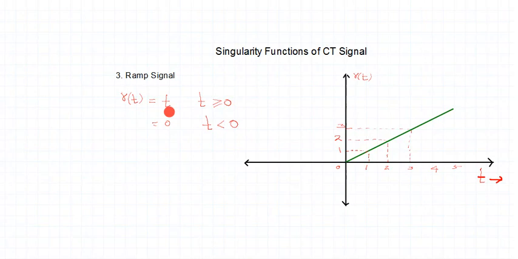So let us try to sketch the signal now. What is the mathematical equation? r(t) is t, which exists for all positive values of t and is 0 for all other values. So if you try to sketch the signal, how does the signal look? The signal is 0 for all the negative time instants, and the signal takes a magnitude of t for positive time instants. So how do I plot this?